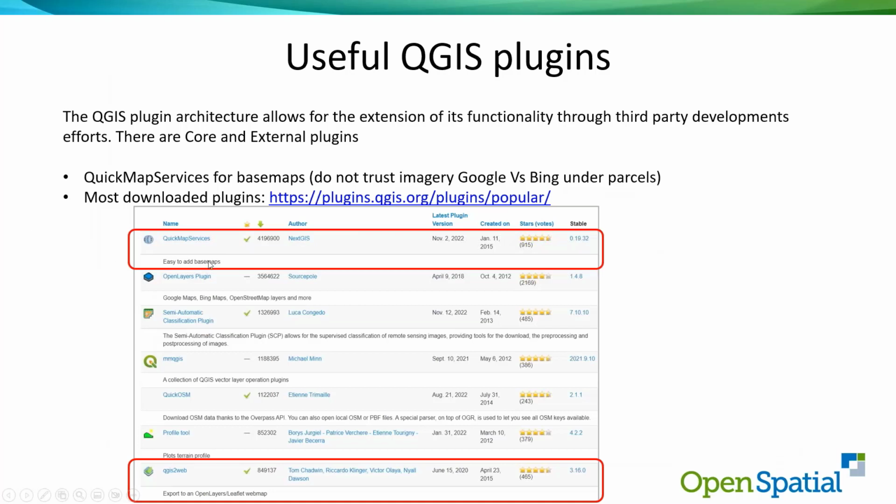In terms of plugins, the QGIS plugin architecture allows for a lot of extra functionality to be developed and get into QGIS, so that everything does not have to be done by the core QGIS framework or architecture people. So they have this plugins world. There's also, of course, on the right-hand side, a toolbox with a lot of extra tools over there as well. But in terms of plugins, this is a site again that lists all